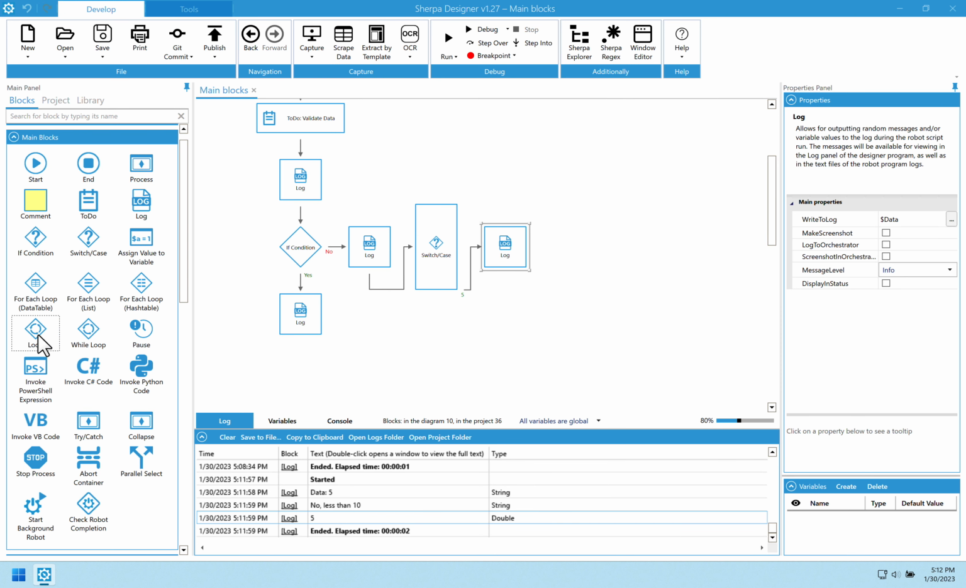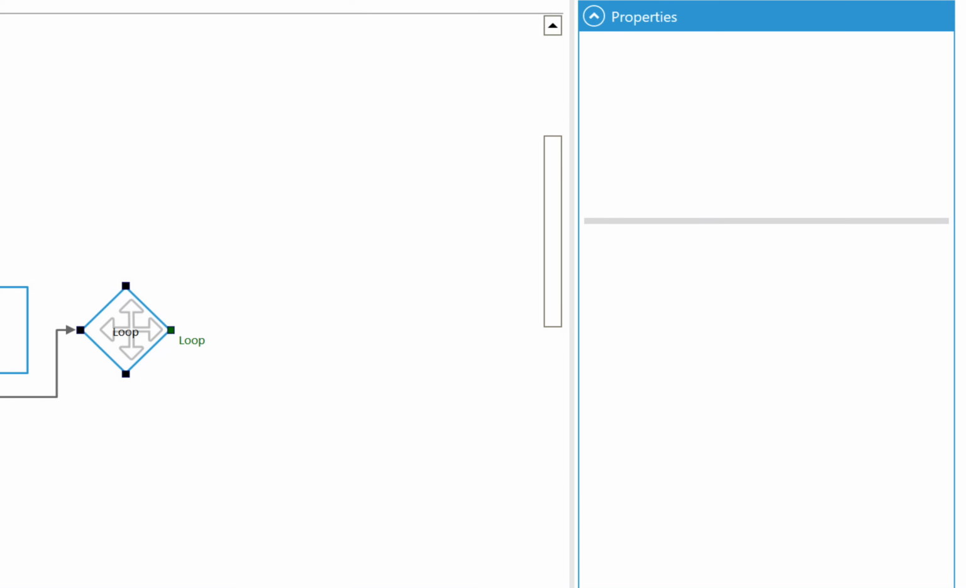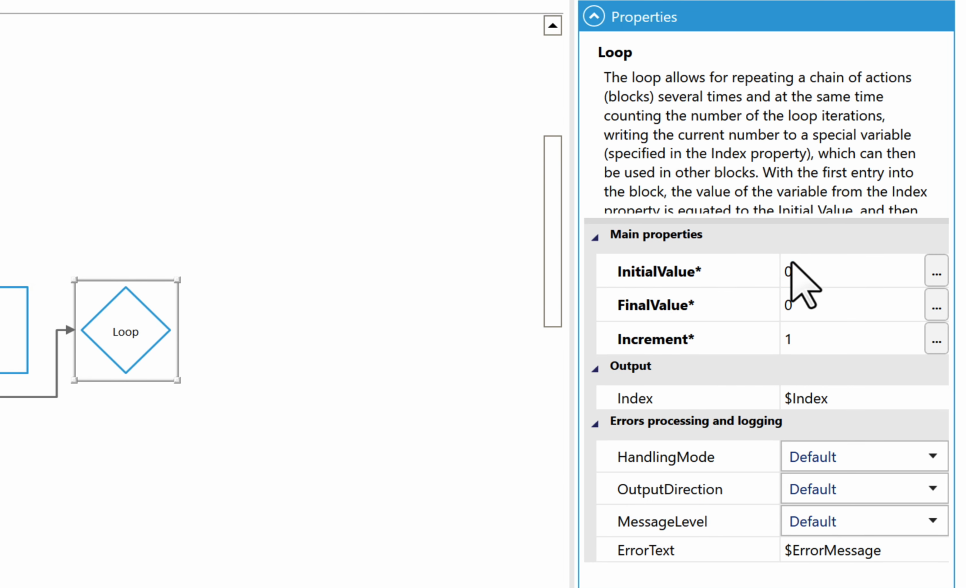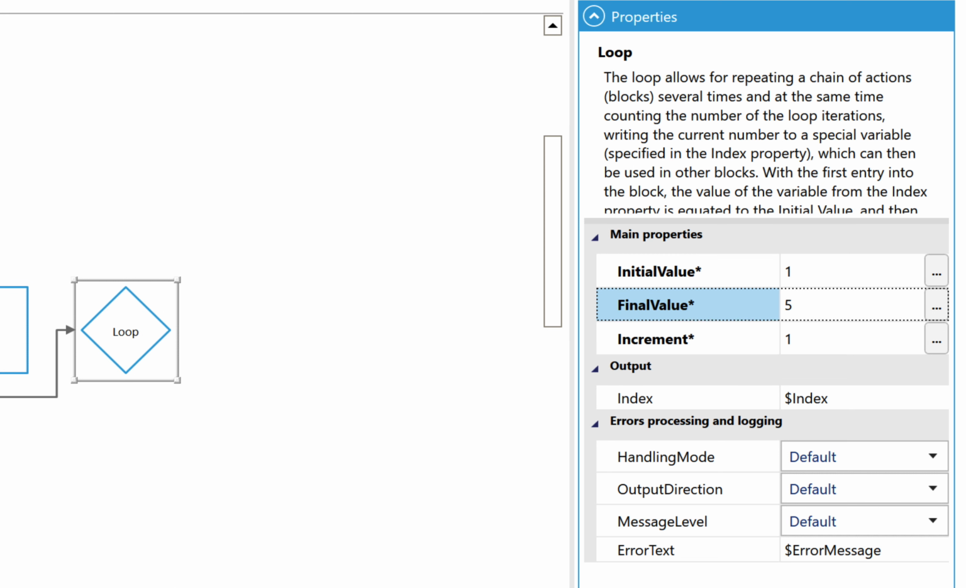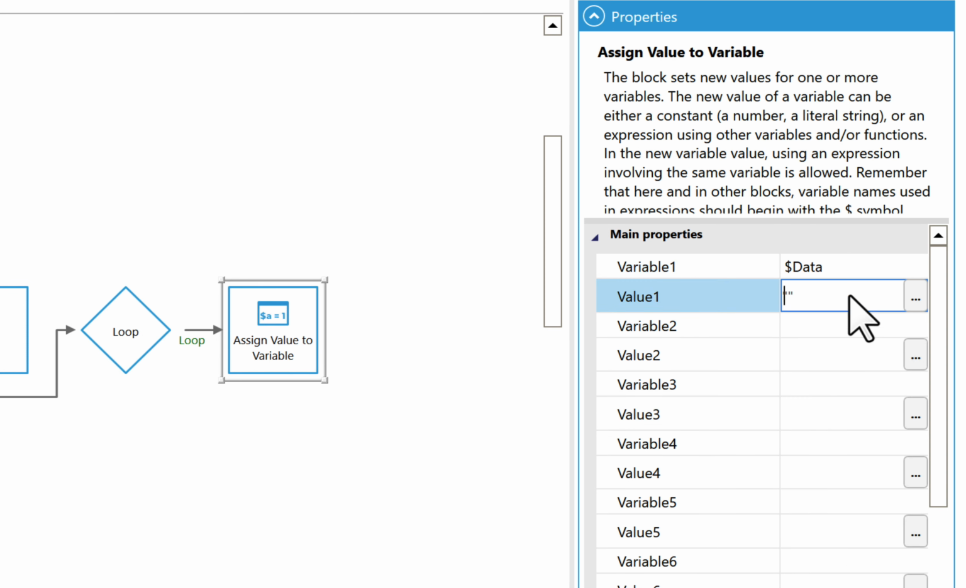The loop block allows you to execute a sequence of blocks a certain number of times. It needs an initial value, which is a value assigned to the variable specified in the index parameter when the algorithm execution first reaches this block. Then this value will be incremented by the number given in this parameter, and the algorithm will move on from the loop connector, executing a chain of blocks